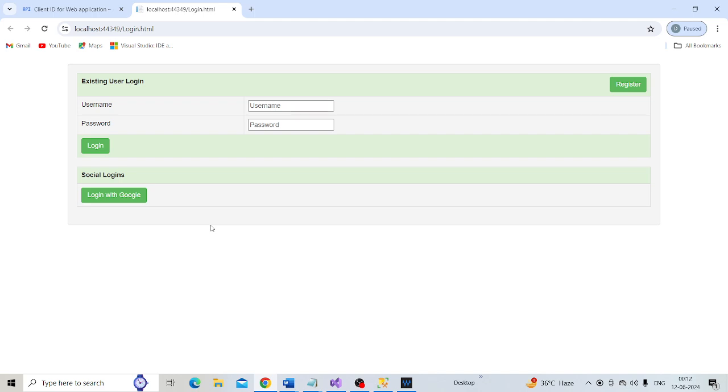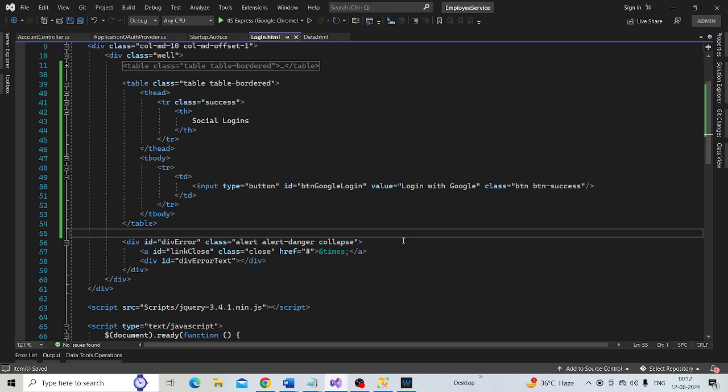Notice now we see the Login with Google button. Let's now wire up the click event handler for our Login with Google button. The ID is btnGoogleLogin.